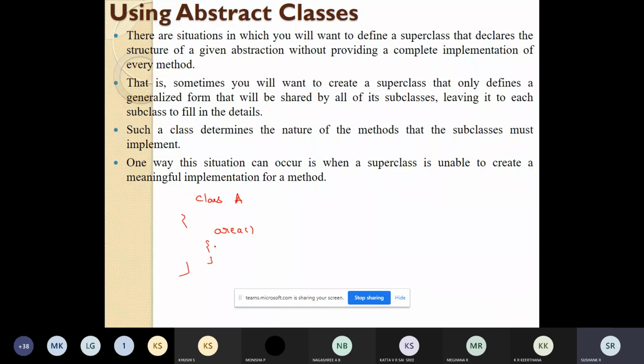You will not write the logic for that. You are declaring only the function name, and the definition for these functions will be written by the subclasses.